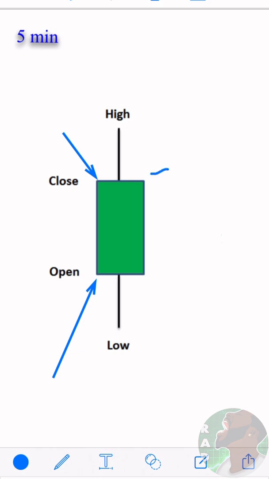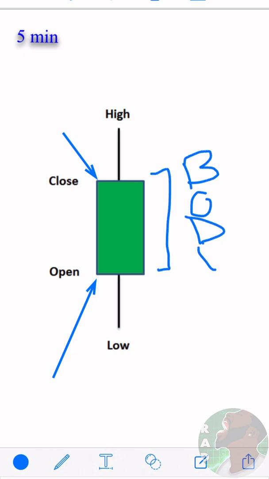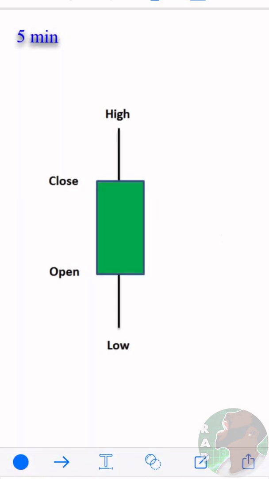And both of these together make up what we call the body of the candlestick, all right? Now, typically, you'll see these lines that come from the body of the candlestick. These are what we refer to as the wick. They have other names, but since we're talking about candlesticks, we're going to refer to them as the wick, all right? Now, these just simply tell us the high and the low of our stock within this specific 5-minute time